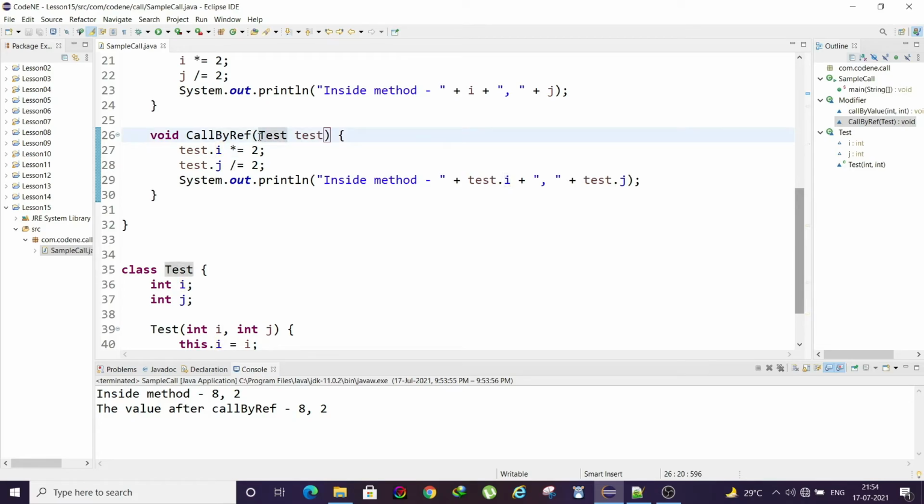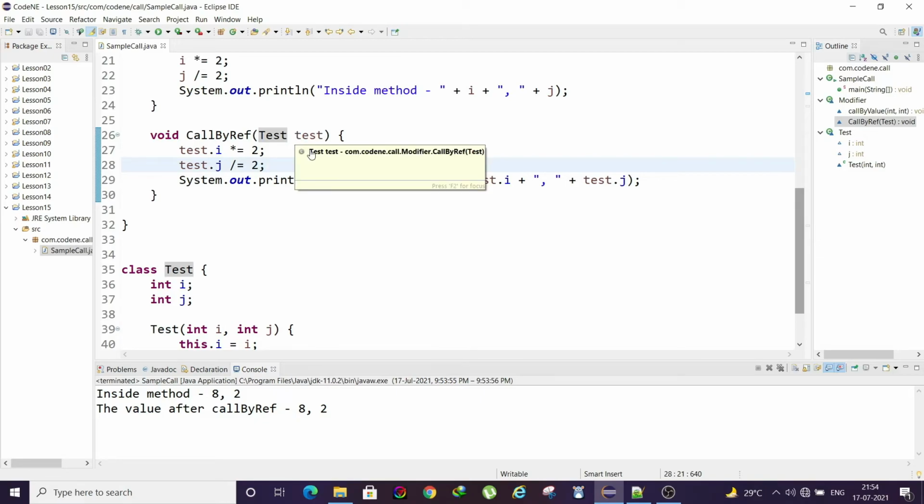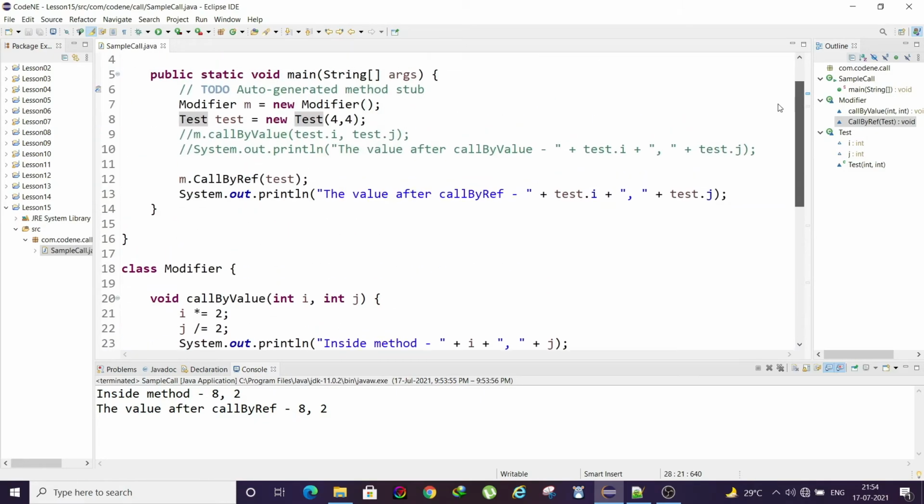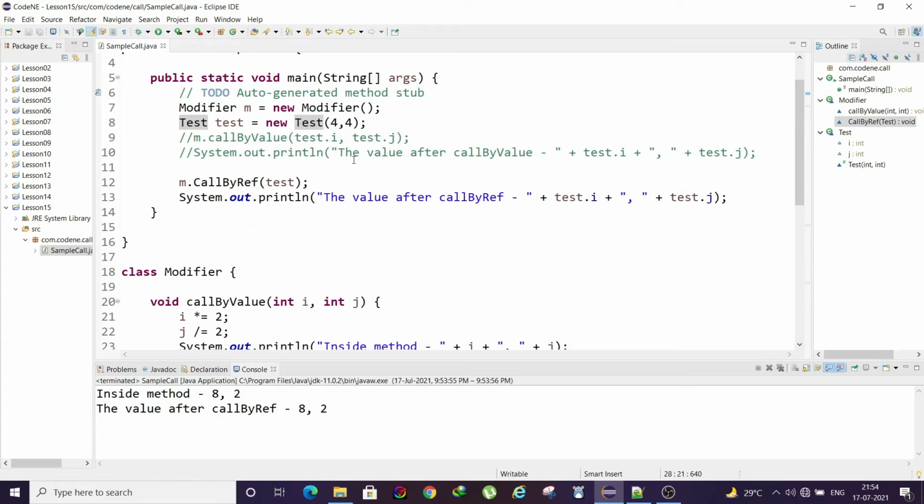But our understanding is that call by value should have made a copy of this object, so the test object outside of that method should not have been affected. But here clearly we can see that even after call by reference the values of the test variables have changed.